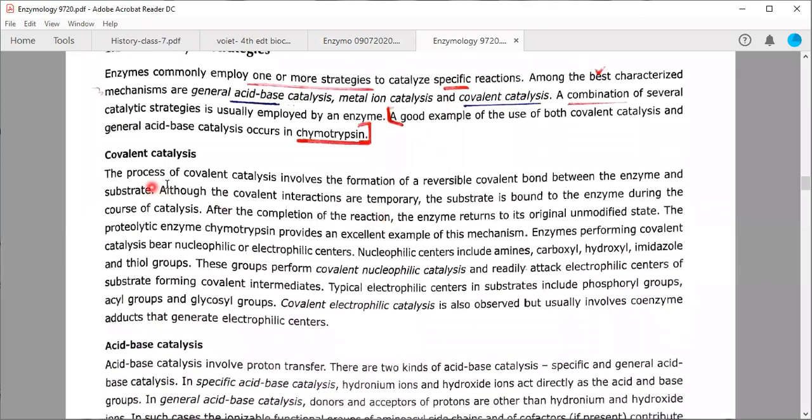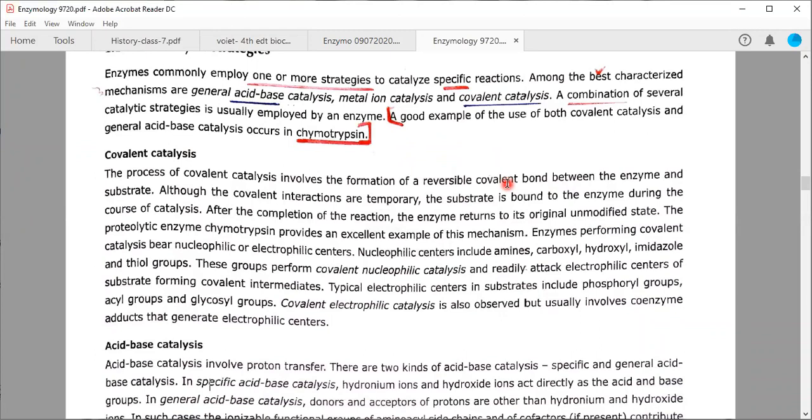Covalent catalysis is a process that involves the formation of a reversible covalent bond. Obviously it is covalent catalysis, so a covalent bond must form between the catalyst, that is the enzyme, and the substrate. And this is a kind of reversible covalent bond. So when the reaction is over, the covalent bond will be broken and the product will be released, and the